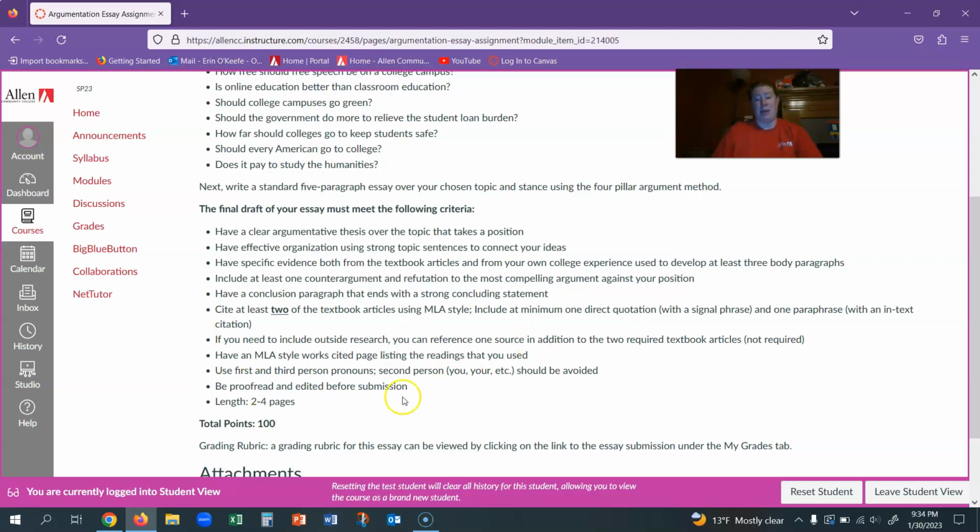You'll have a works cited page, and you can use first person pronouns in this essay. You can use your own college experience as part of your evidence. Now, you guys, being high school students taking classes primarily online through community college, don't have as much college experience as other students, but you can talk about